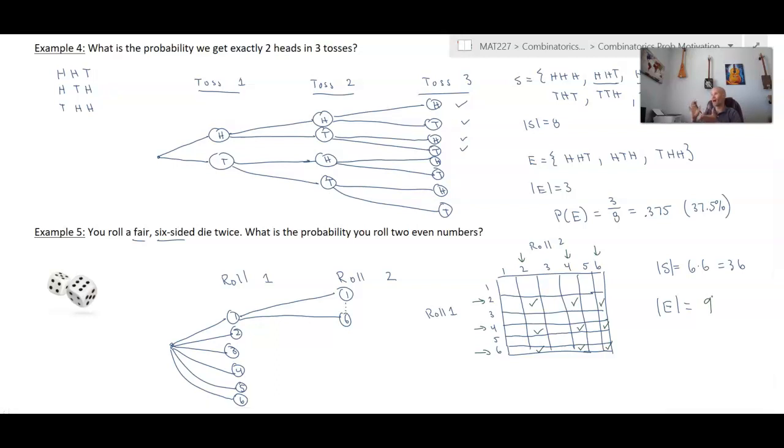Now, it's also going to be true for 2 odds, because in reality, it's more likely that we get a mixture of 1 even and 1 odd. And so having only 9 of those 36 possibilities both being even just means that it's not equally likely that we get 2 evens as opposed to just getting 1 even. If I roll the die just once, getting a 2, a 4, or a 6 is as likely as getting a 1 or a 3 or 5. It's when we incorporate that second roll that now we could have all those mixtures of even, even, even, odd, odd, even, odd, odd. And so this comes out to 1/4 or